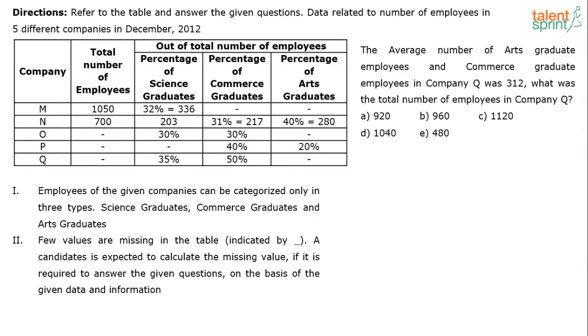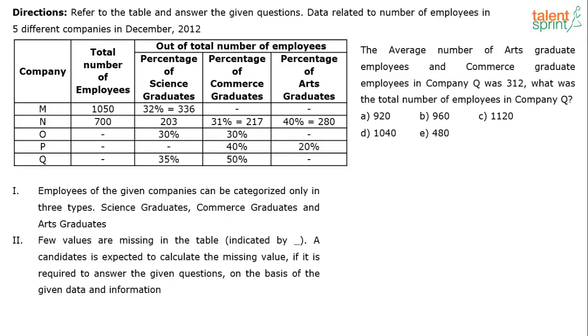Some of you say 480, some say 960. Waiting for more responses. Okay, the time is up. Let's look at the solution now. So here we go. The question says the average number of arts graduate employees and commerce graduate employees in company